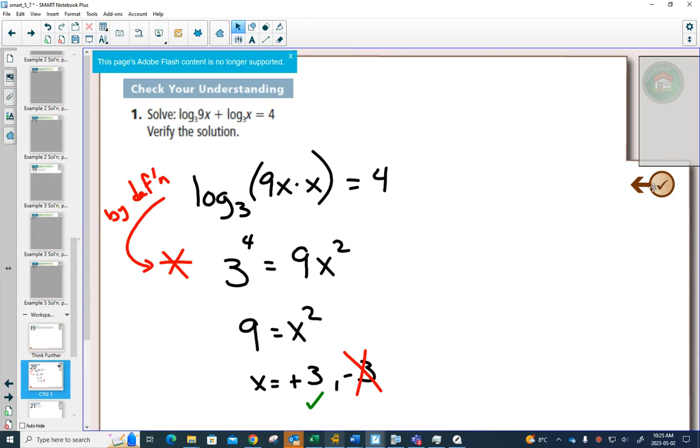Okay? So you have to pay extra attention at this step. Because that's the step that's going to be hard for you in solving these log equations. When it says verify the solution, it's just a matter of plugging it back into the original equation to see if you take the log of positive numbers or negative numbers. And if they're positive, they're going to work, unless you made, obviously, another mistake along the way. But if you haven't made a mistake, that 3 is going to work. If you plug in the negative 3 and you get a negative inside the logarithm, it will not work. Okay, we can circle questions